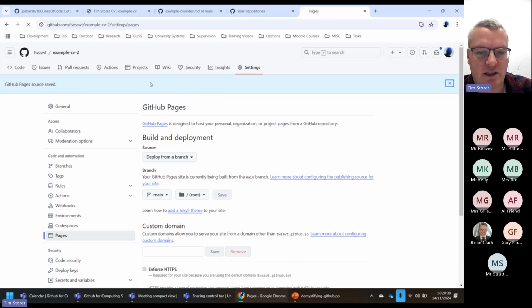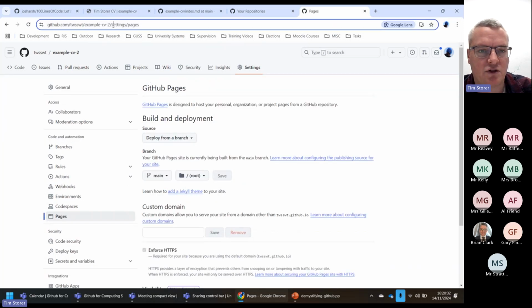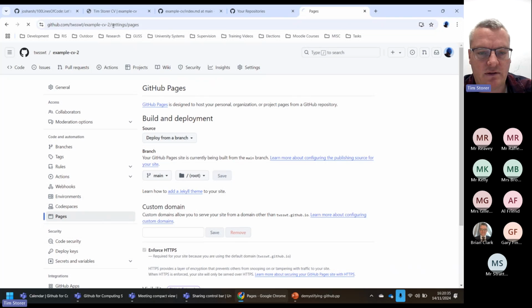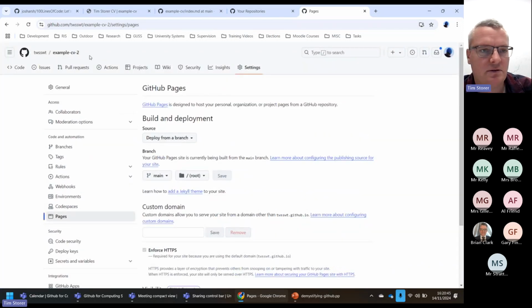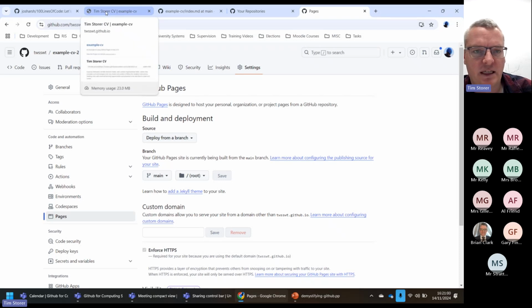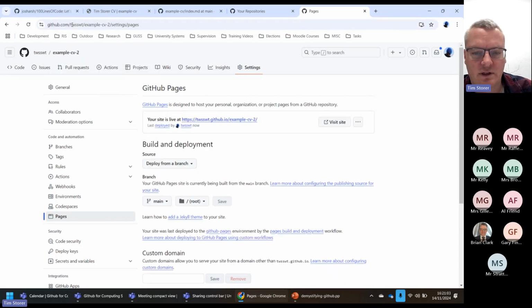So I'm just going to refresh this page. Hopefully it'll be built in a second or two. It usually takes a few seconds just to get going. Give it a second. Yeah, there we go. No, still going. Whilst that's still going, I'll come back and have a look at that in a second. But what I might want to do is also add a theme to the page. Let's give it one more go. No, it's still being built. Okay, so I'm going to come back to